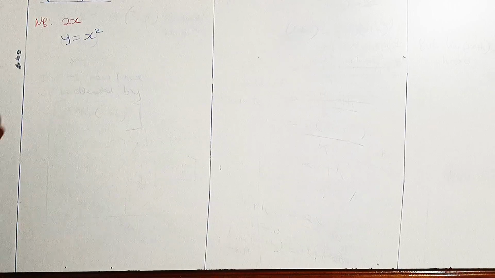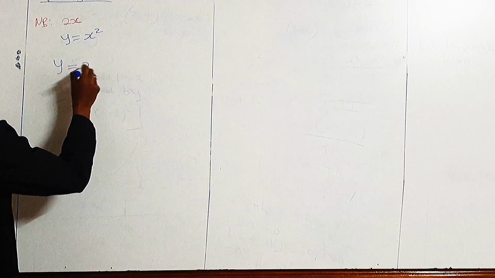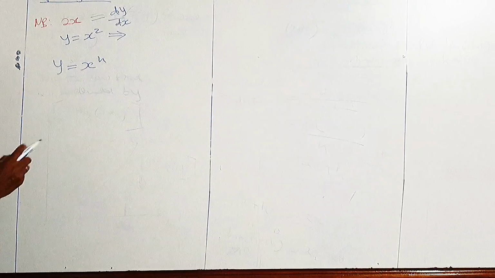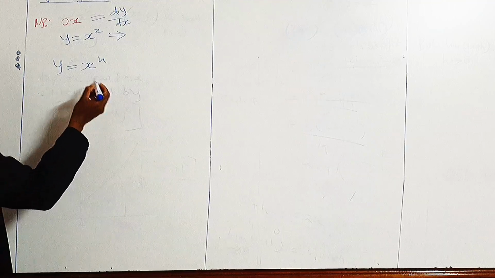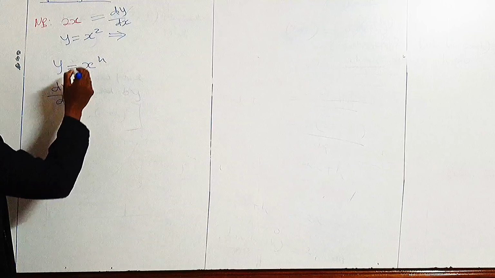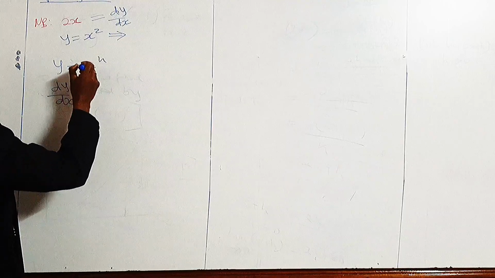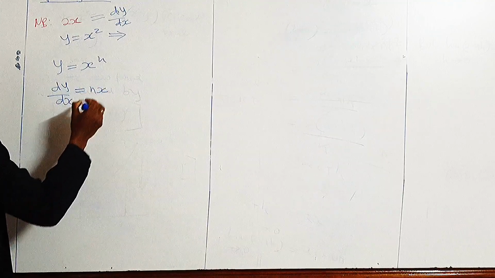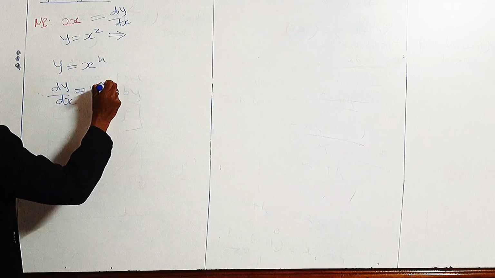Number 3 to note is that in general, the gradient function of the curve y equals x to the power n, that is dy/dx, is obtained by multiplying the coefficient of x by n. So n times the coefficient of x, which here is 1, so it will be n times 1, which is n, multiplied by x, then you reduce the power of x